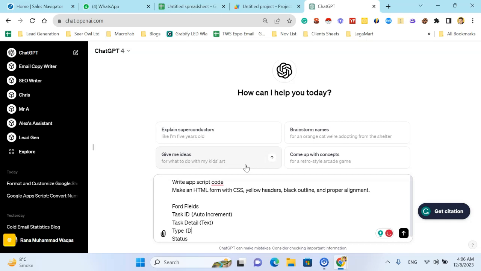Type is a drop down with internal and client. Okay, the status is a drop down